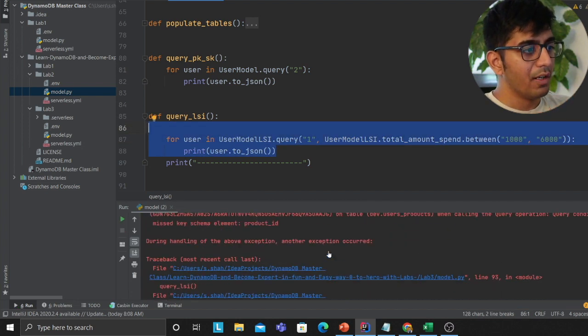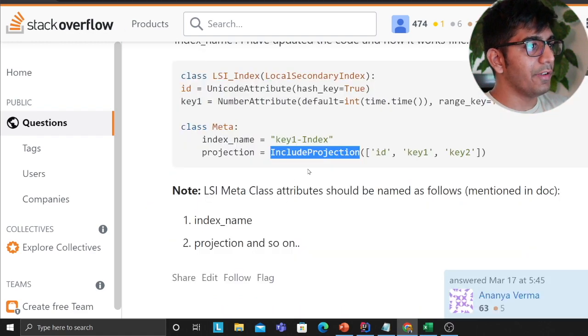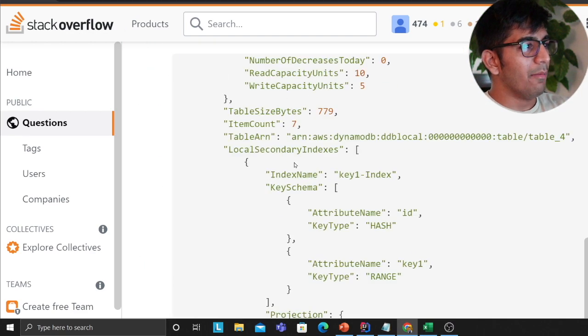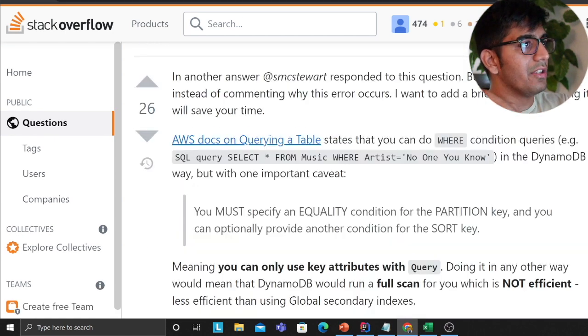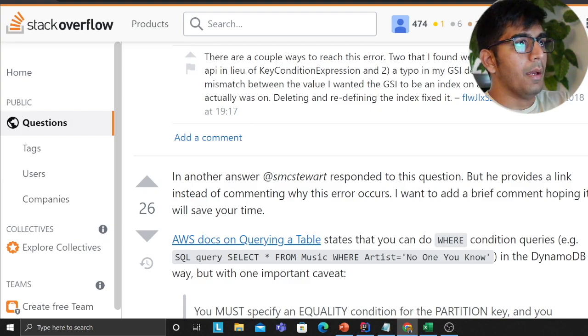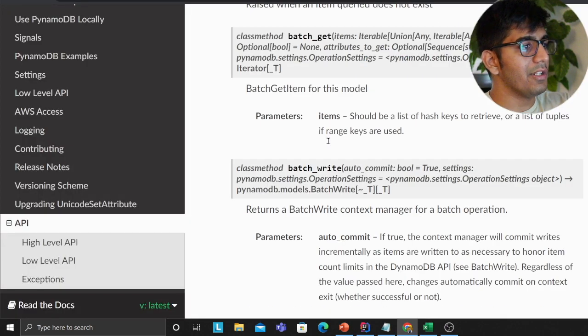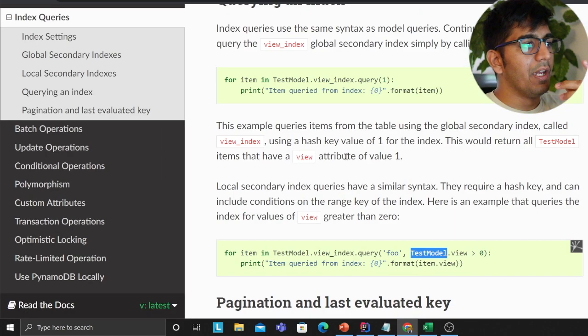Don't spend too much time. If you want, you could create a post on Stack Overflow. But I was also looking into why it's failing, so I came to this blog post, but I'm not sure this really helped me, or this, and this. Because if you see the official documentation here on DynamoDB, the way they explain it is,